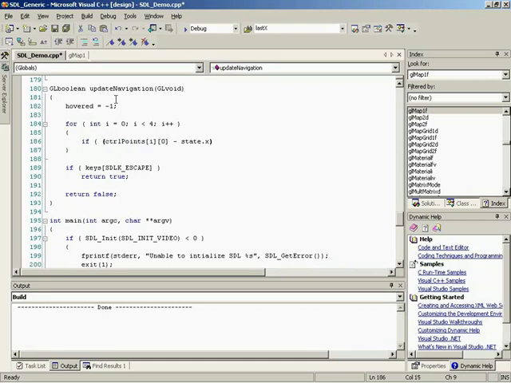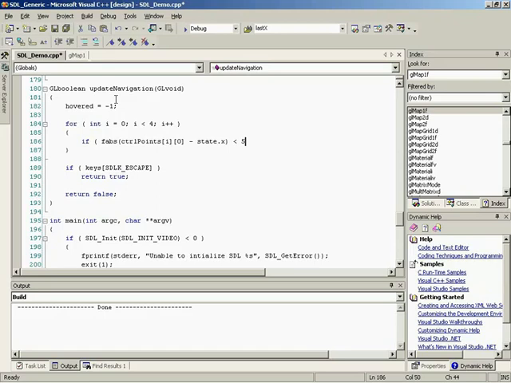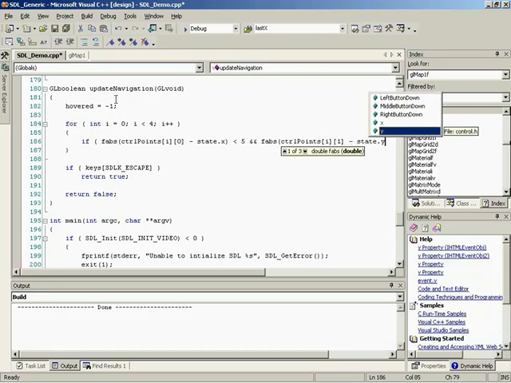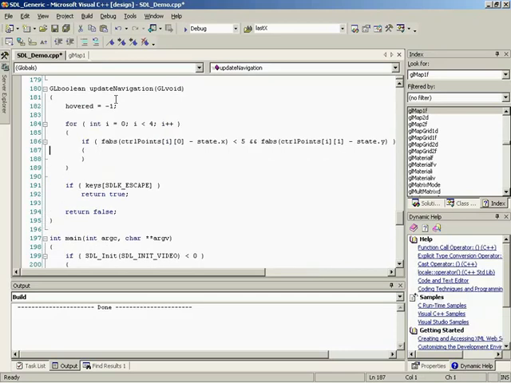So we'll do an fabs, which is the floating point absolute value function. If that is less than 5, which means we're within a radius of 5 of that particular control point, and the fabs of the y minus state.y